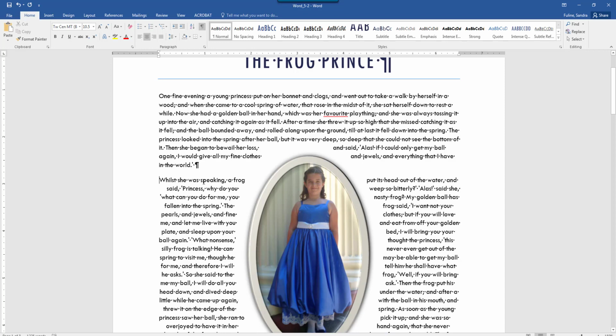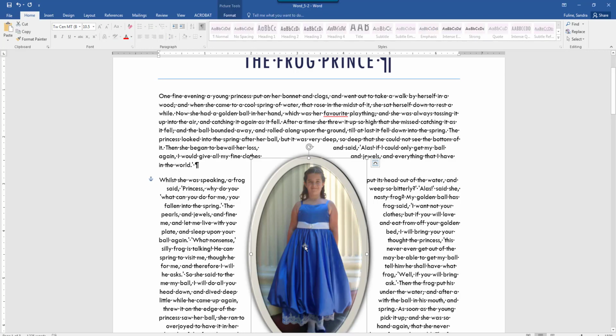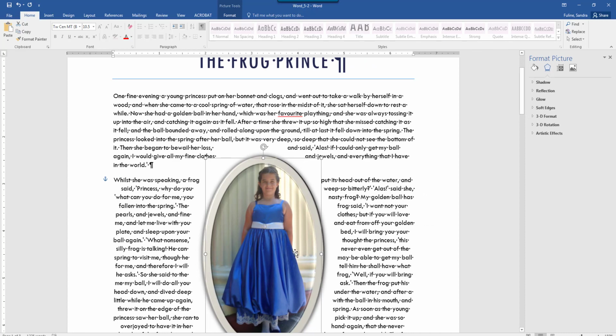Then set the picture's alt text title to the princess and the alt text description to photo of young girl in a fancy blue dress. So you're going to right click on the picture, and then you're going to change the alt text by clicking on Format Picture, and then over on your Format Picture pane over here you have 4 options up here. You're going to click on the Layout and Properties options, click in alt text, and then the title you're going to type in the princess,